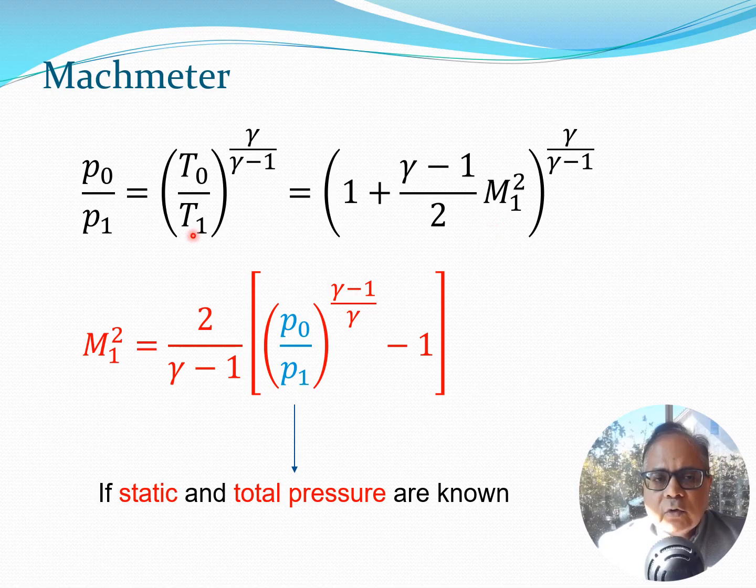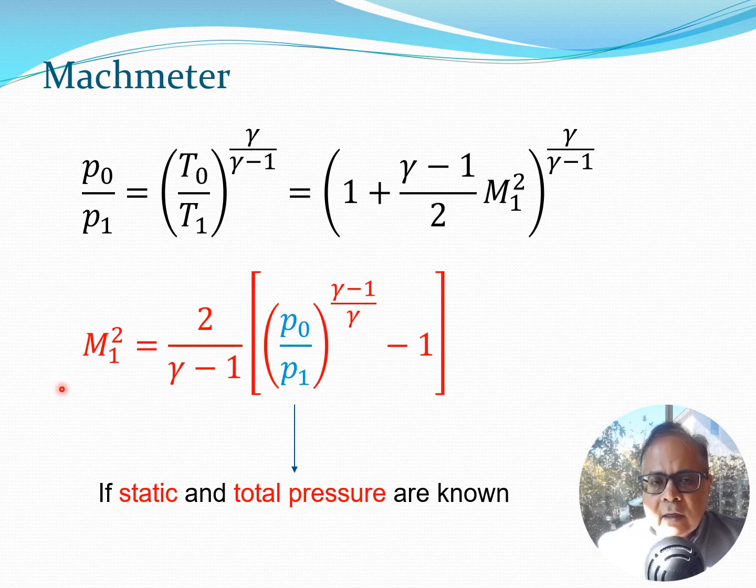We take this gamma by gamma minus 1 to this side, so it becomes P0 by P1 to the power gamma minus 1 by gamma, and we subtract from this 1 and then multiply 2 by gamma minus 1. So this 2 goes up, this gamma minus 1 goes down, and I get this expression for Mach number